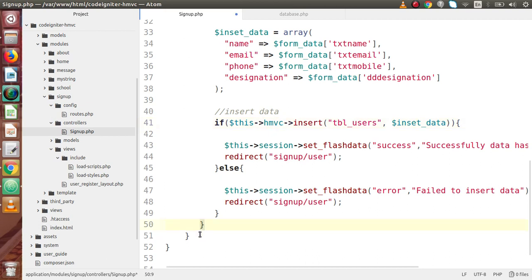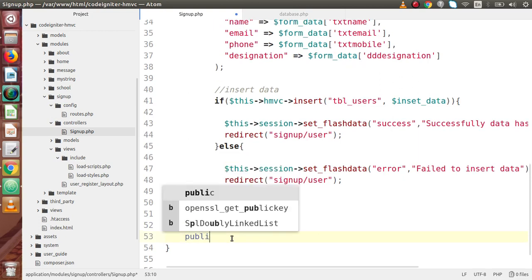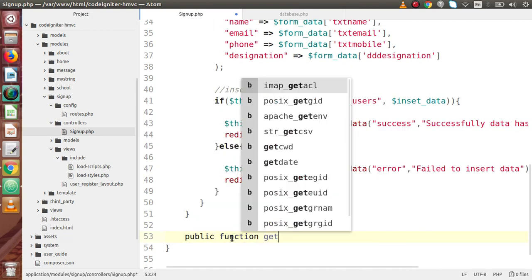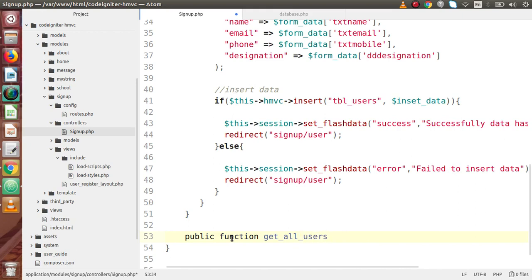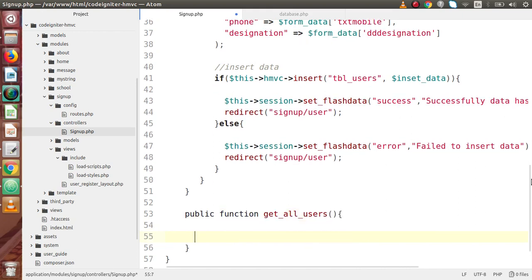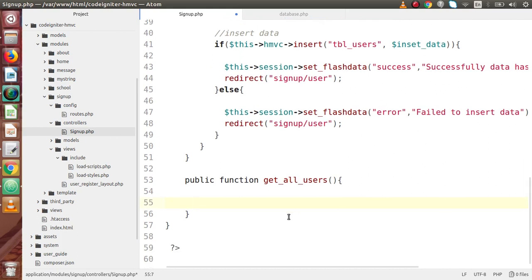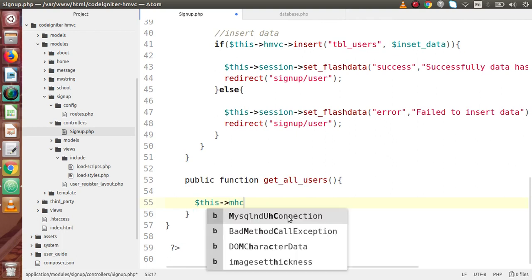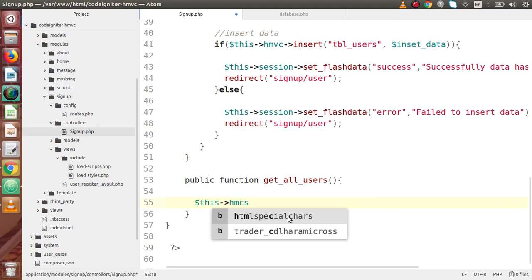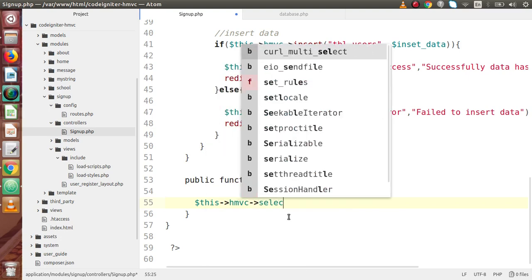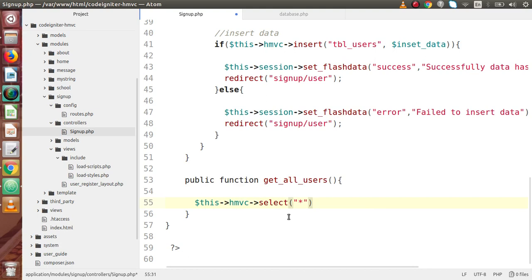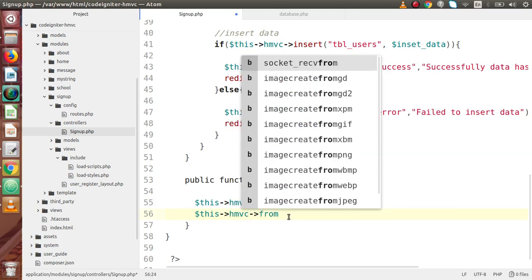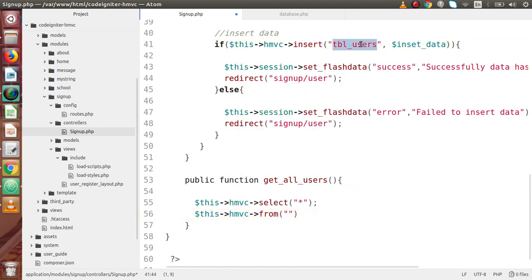Also let's make one more method inside the sign up controller. So this is a public function, let's say get all users. Now inside this method we are going to select all the users that we have registered using the sign up module. So this HMVC is our connection variable object. So HMVC select, we are going to select all the values, all the columns. This HMVC from, and the table name we have is tbl_users. Copy that, paste it here,